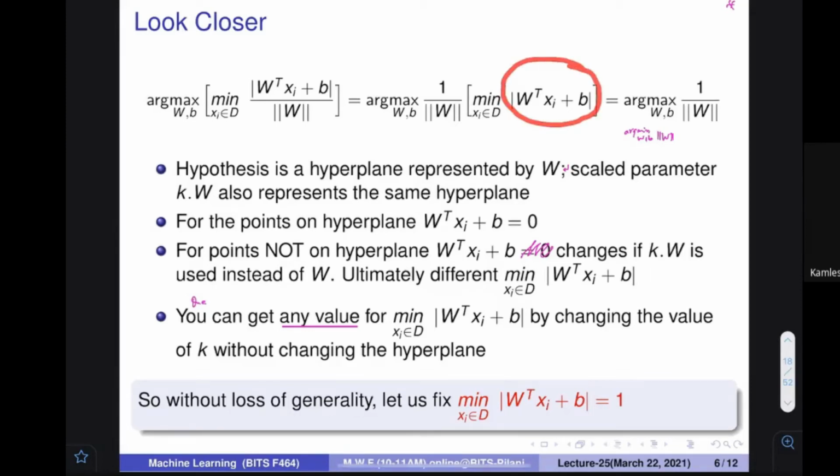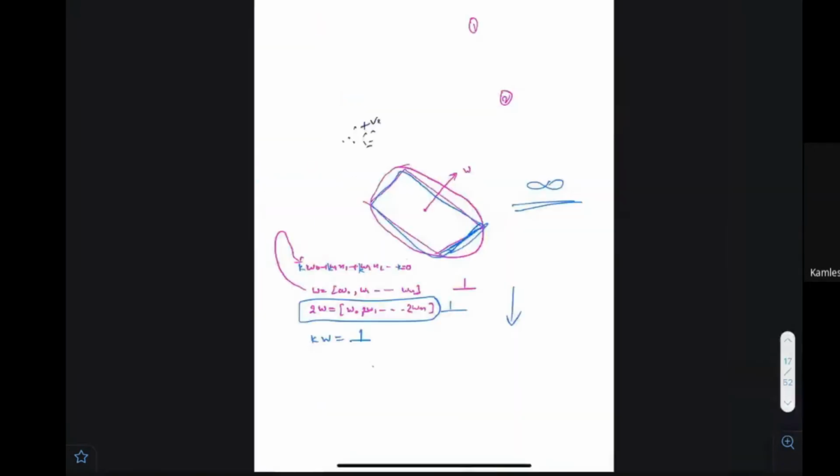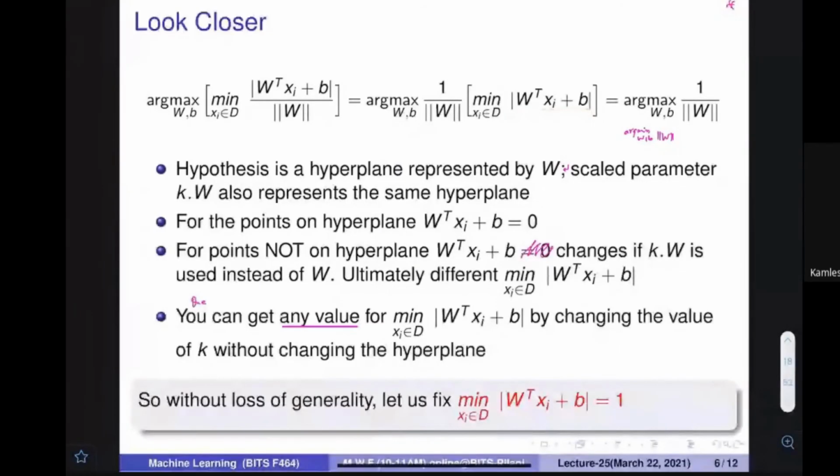Why? I just told you that this particular vector is not going to be a single vector. If I leave you and ask you what is the right parameter, you would come up with a parameter. Because of this outer part, this problem happens, because I am going to change the parameters. I can always change the parameter in such a way that only the value of k changes. And with this kind of change, whatever value you come up with, I can reduce that value and make it 0.